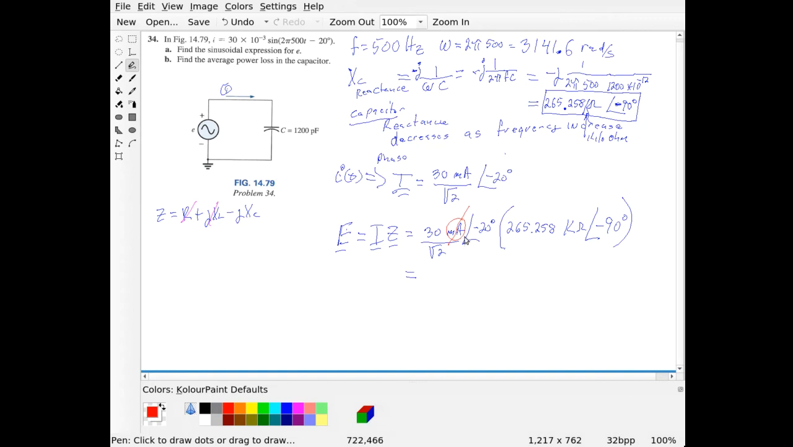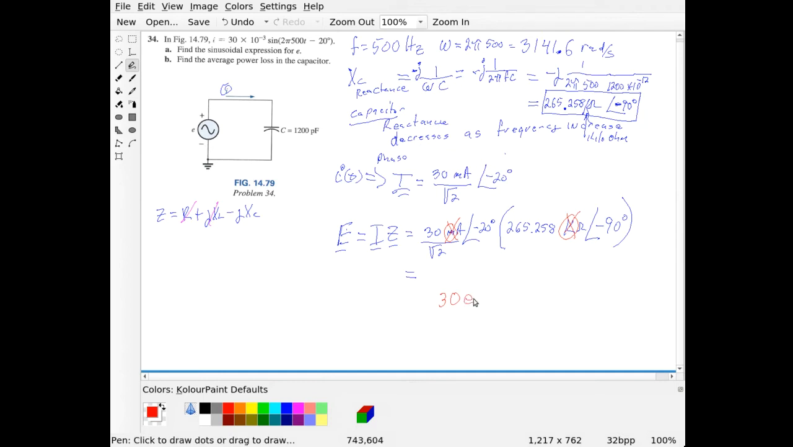Okay, so the milli cancels with the kilo, right? If you have milli here and kilo here, you can just take the 30 times the 265 divided by the square root of 2. Or if you want to punch it into your calculator or your Octave software, you